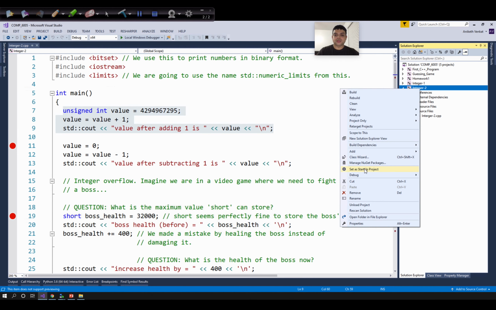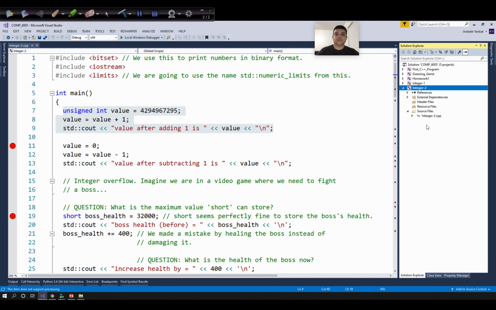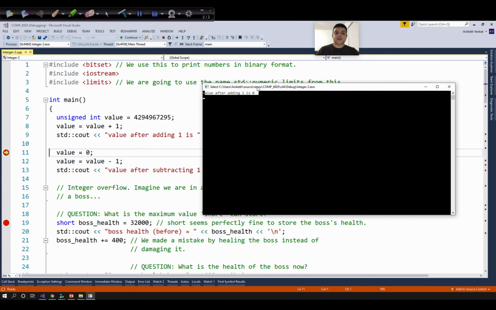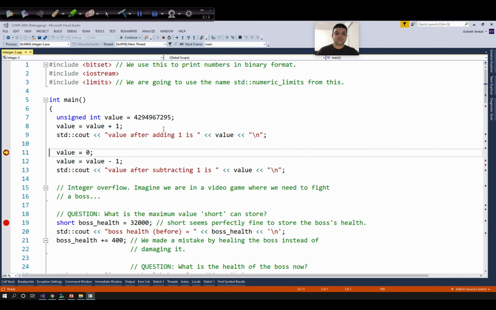I'm clicking set as startup project. So this file will be compiled and executed. So let's execute this program. Now notice after adding 1 to the value, the result is equal to 0. So this is what we expected. Since an unsigned int can hold only 32 bits, an overflow occurred and the result only shows the least significant 32 bits. Now we'll see the opposite scenario,